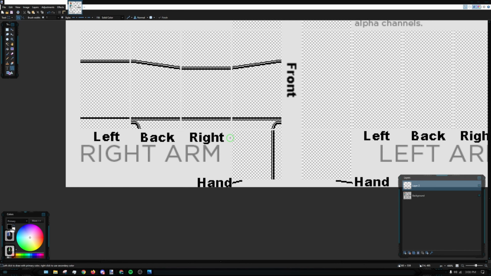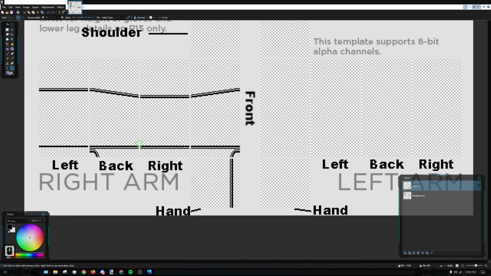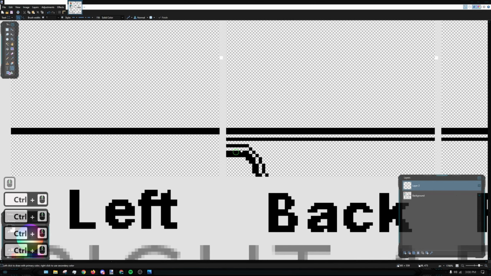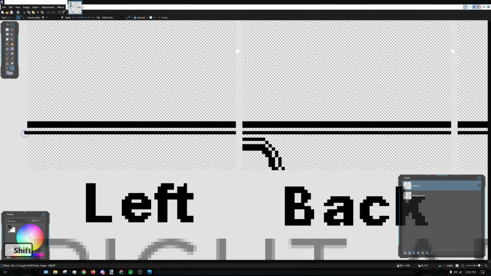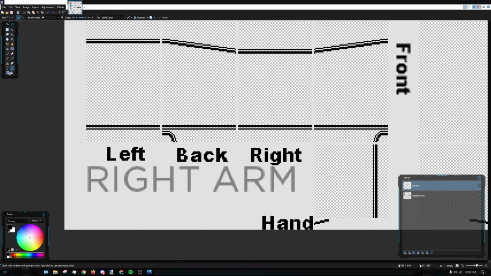So this is gonna be the front side, like I said before. So this is gonna be your thumb. This is your fingers sticking out. This is the other side of your hand. So they're basically tactical gloves where your fingers come out. And on the